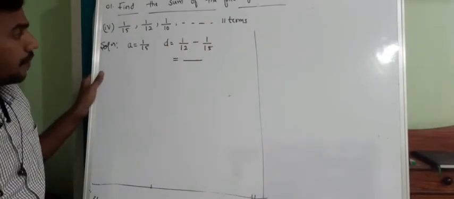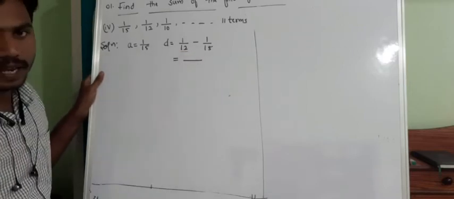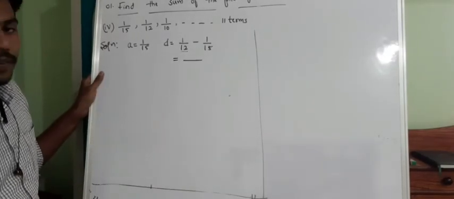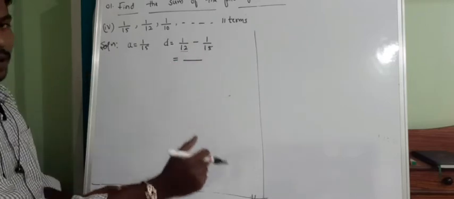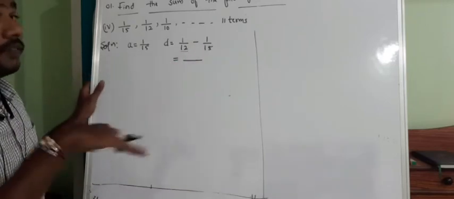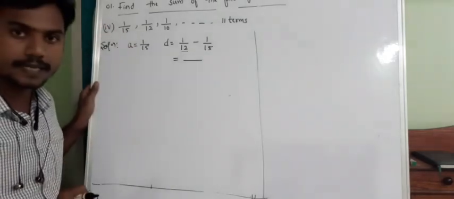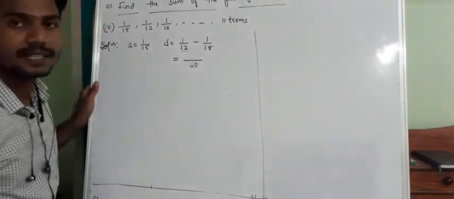15 ones are 15. Is there anything in 12 multiple 15 is there? No. 15 twos are 30. In 12 multiple 30 is there? No. 15 threes are 45. In 12 multiple 45 is there? No. 15 fours are 60 and 12 fives are 60. See, common least multiple is 60. The first common least multiple is 60.